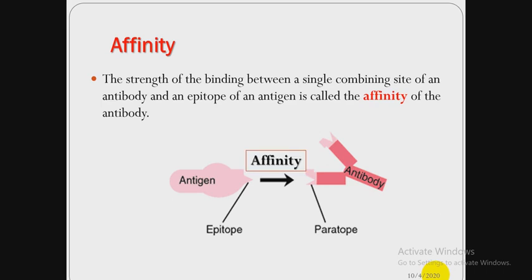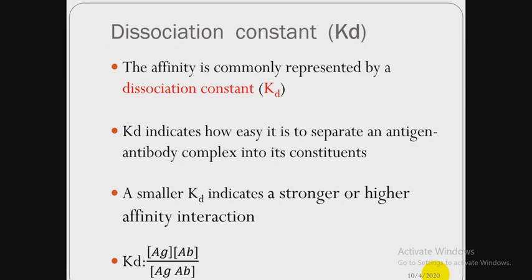So if we speak about affinity, we have an epitope on the surface of the antigen and a paratope of the antibody, and the interaction of an epitope with a paratope is called the affinity. So the strength of binding of an epitope and a paratope is called affinity,